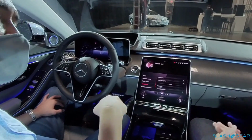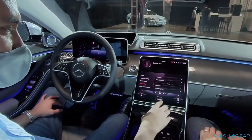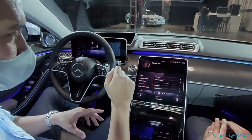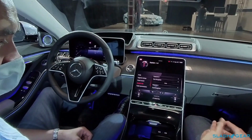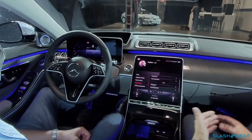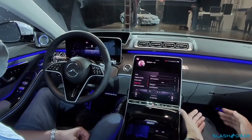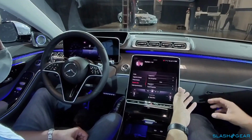Now, does it start the car for you? No. So you authenticate for your profile, but you still need the key of some sort to start the car. Yes. But you can do a lot, like linking your preferred music providers, for example. Then your Amazon Music account or your Spotify account is already...